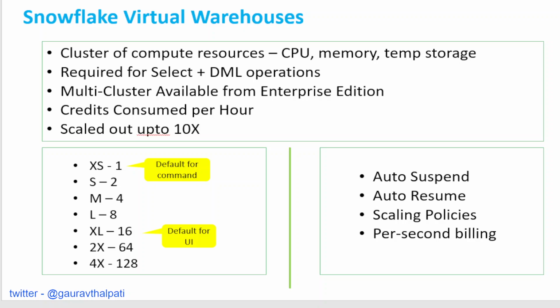So if you remember from our session where we discussed the Snowflake architecture, there are three main layers, right? There was a cloud services layer, there was a virtual warehouse layer or the compute layer, and the third was the storage layer. So this session today is about the virtual warehouse layer. This is the actual compute layer where all the processing happens. So whenever you fire a query, the actual query processing happens within this layer.